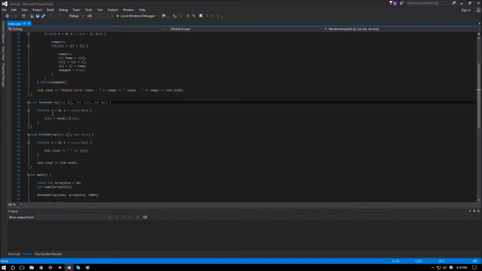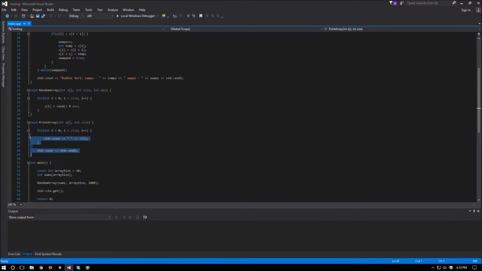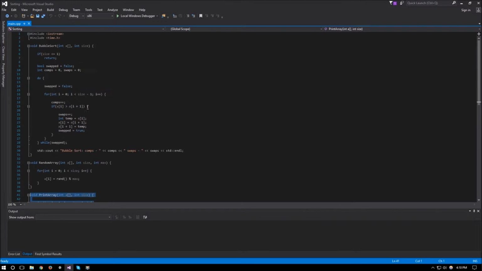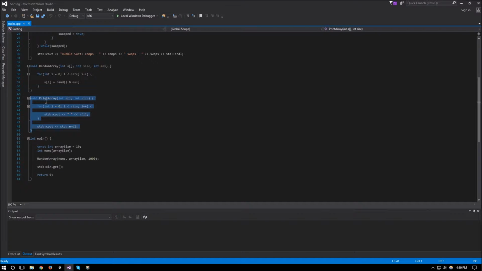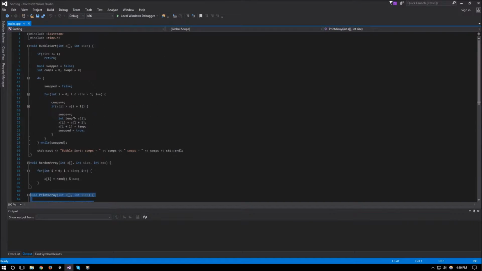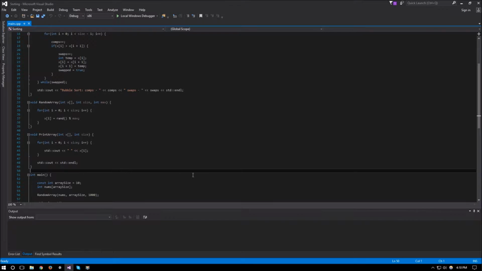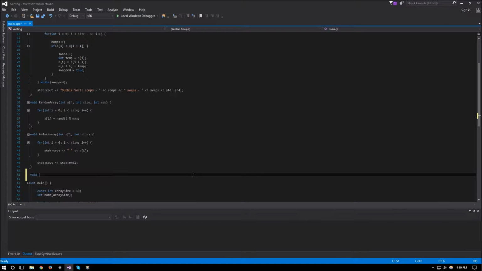And we had the random array function, which takes in an array and gives us random numbers along the size of that array, and also the print array function to print it out to the console. And the last function that we're going to need now and implement in this video is a way for us to duplicate an array so that we can pass bubble sort one array for it to sort and pass selection sort the same array so that it can sort it as well, so we can compare the two algorithms. Let's get started by creating our